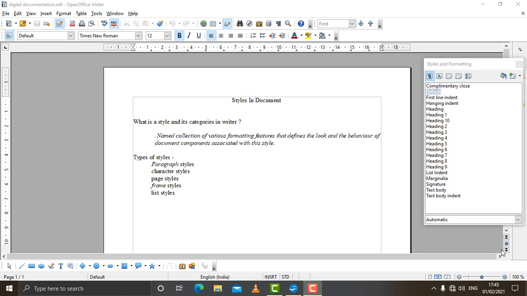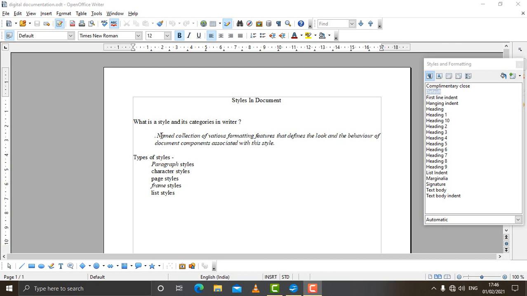See, what I want to say is, suppose you have made a document and in that document you have applied some styles and you want those styles in future also, to apply to some documents which you are creating in future. So what you can do is store those styles of your current document with a given name, and whenever you want you can use the same name to apply the same styles to the document. How can we do that?